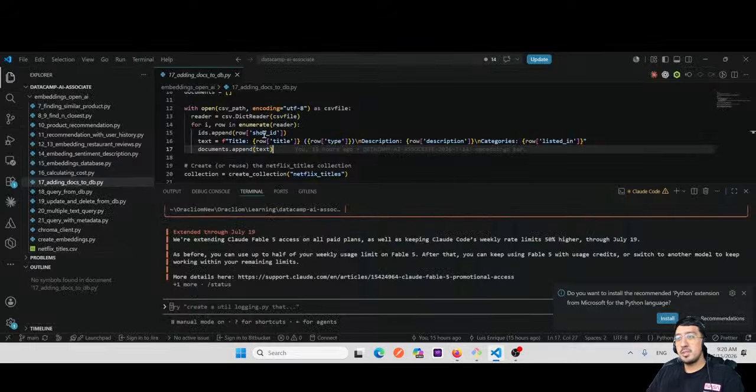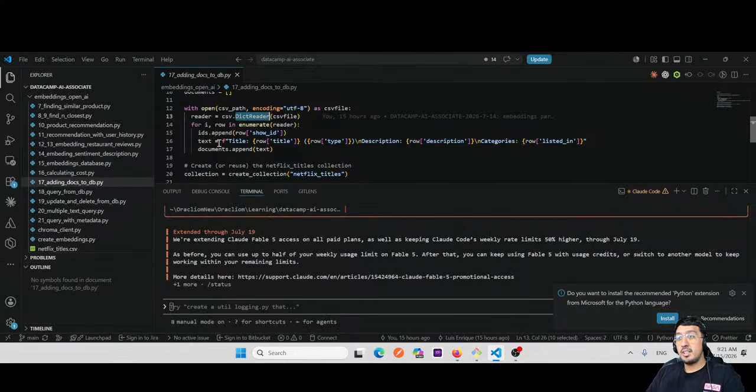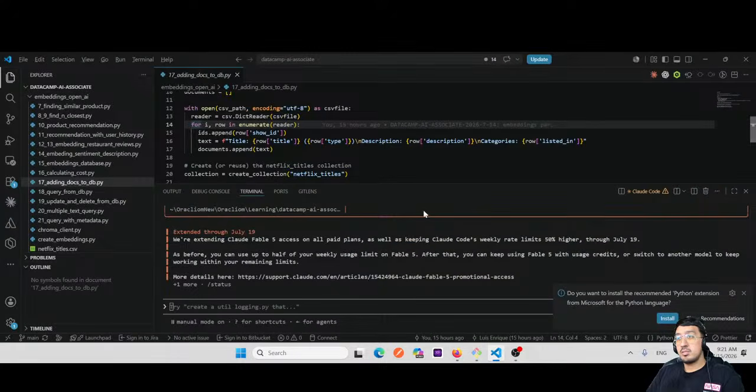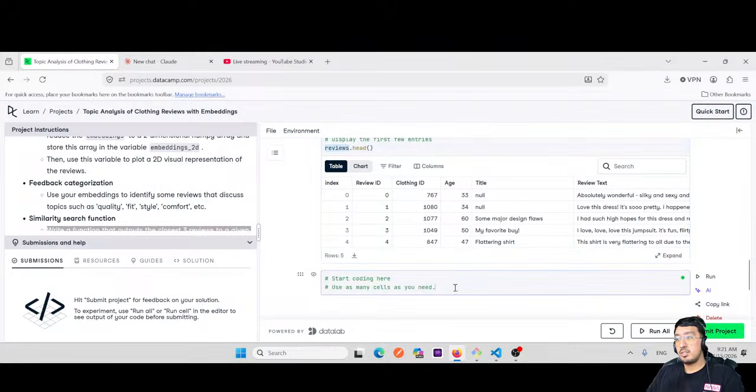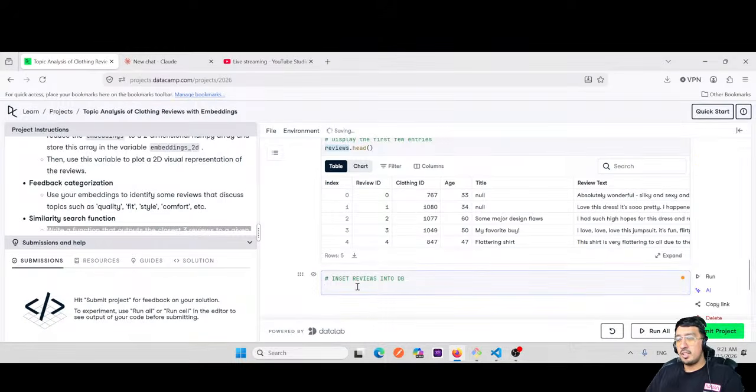Here I have the reviews, which is the pandas reader, and then I need to do insert reviews into DB. Yeah, and here I got